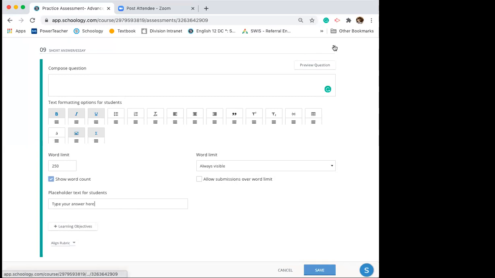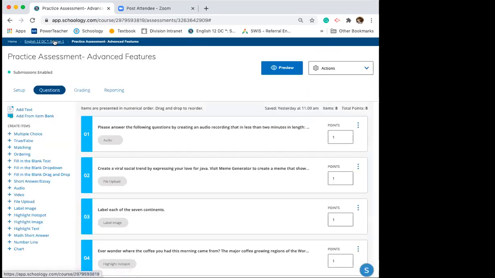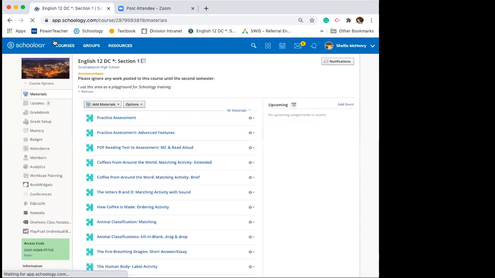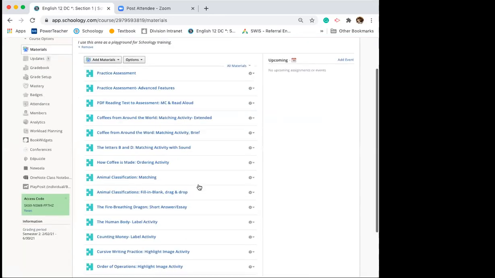So on our practice assessment, I did not put a quiz question like this, but I did create one that I actually used in class. So looking again,